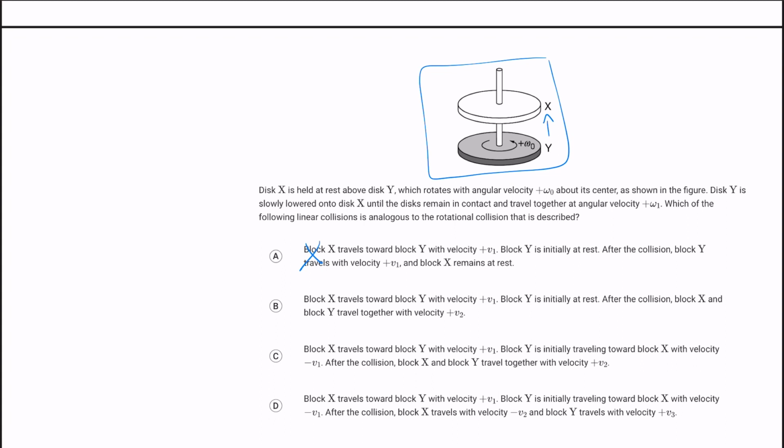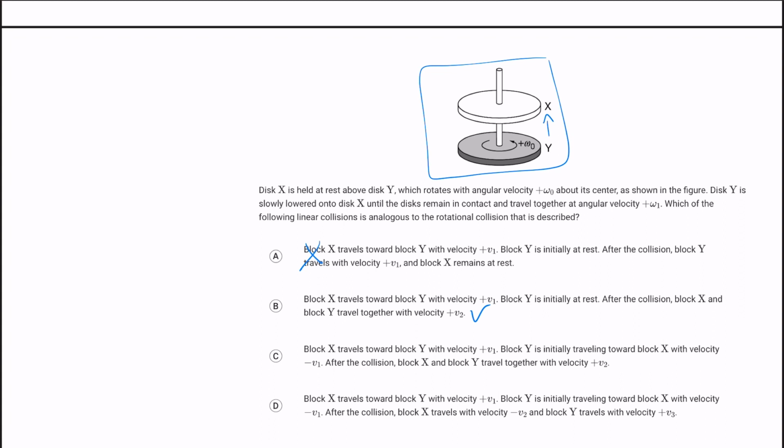After the collision, block X and block Y travel together with a new velocity. That's basically exactly what happens here in our rotational situation above. So we're gonna put a check next to B. That sounds pretty good. I'm tempted to just circle B, but let's go ahead and see what the other situations